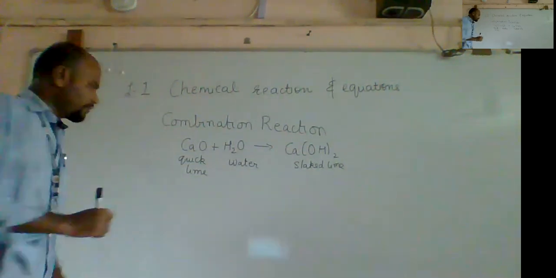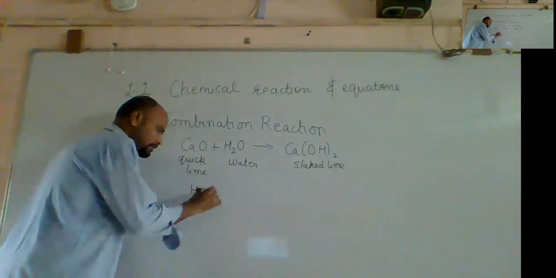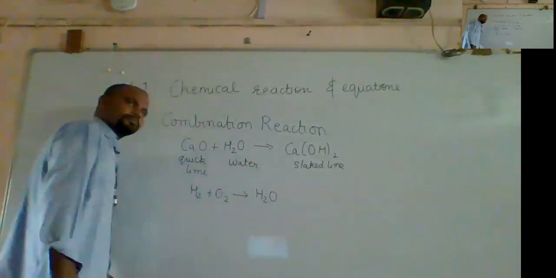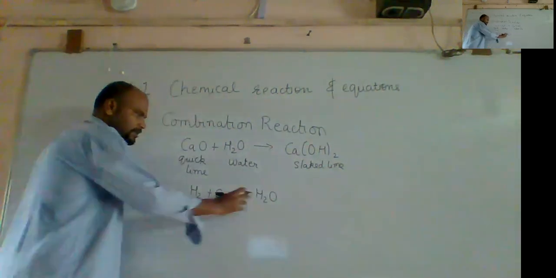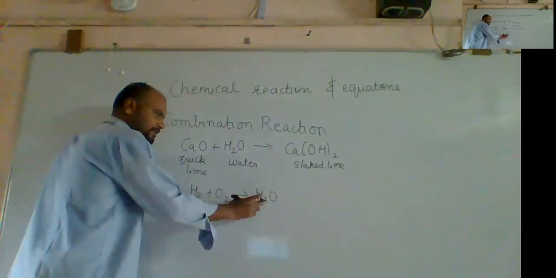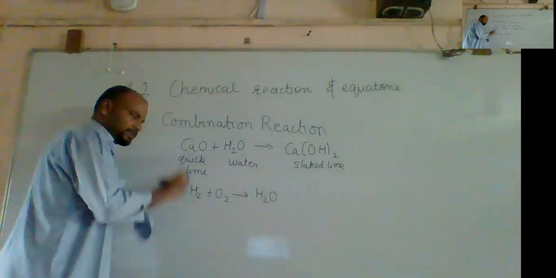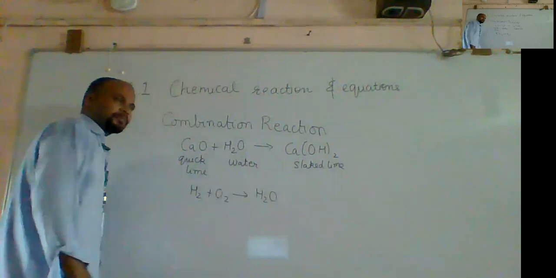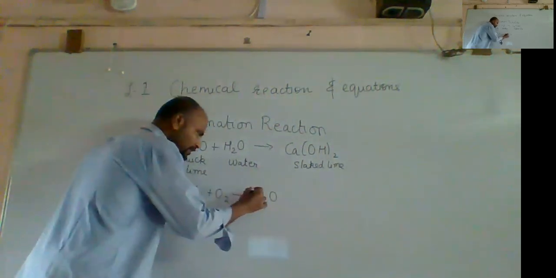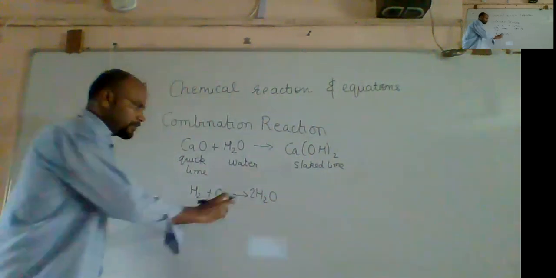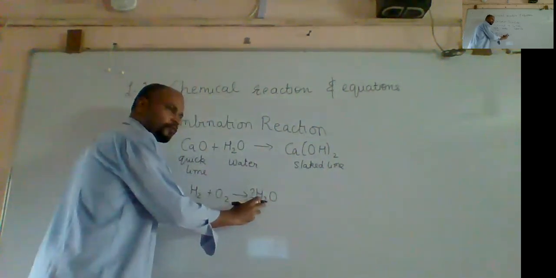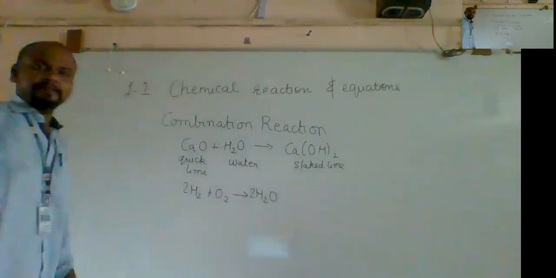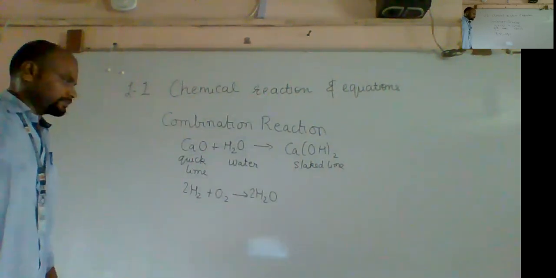One more example is when hydrogen gas reacts with oxygen, it gives you a water molecule. Over here, as you can see, hydrogen has 2 atoms on the reactant side and 2 on the product side, so it is balanced. But oxygen is 2 over here and 1 there. So in order to balance the number of oxygen atoms, we place 2 as the prefix of the water molecule. So the number of hydrogen atoms increases: 2 twos are 4. So in order to balance the hydrogen atoms, we place 2 over here. So this is also an example of a combination reaction.